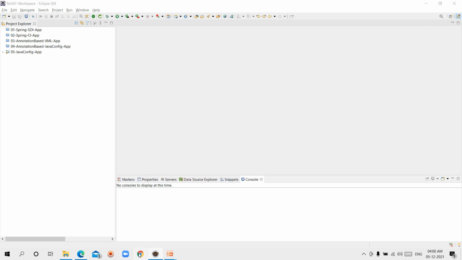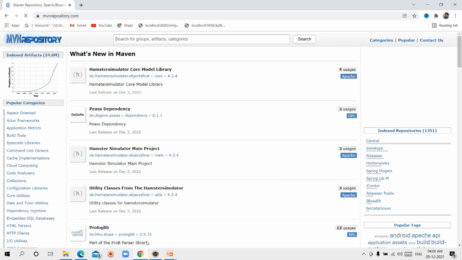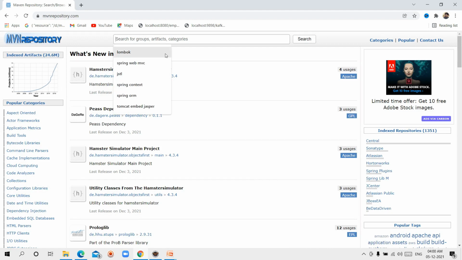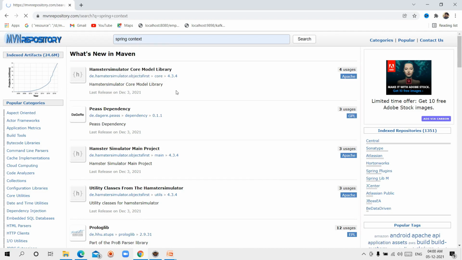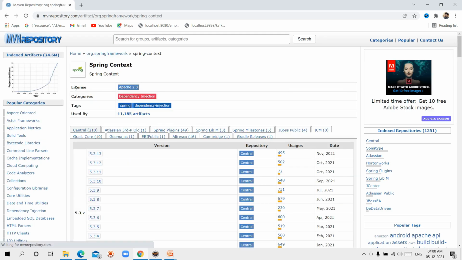Go to the browser, mvnrepository.com, and search for Spring Context. I am taking the 5.3.13 version.